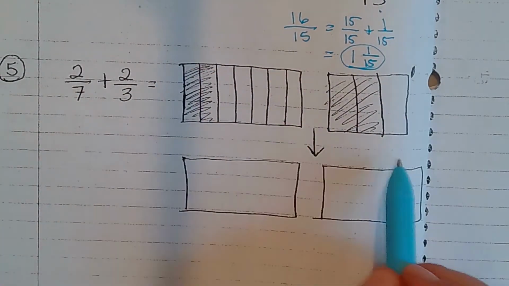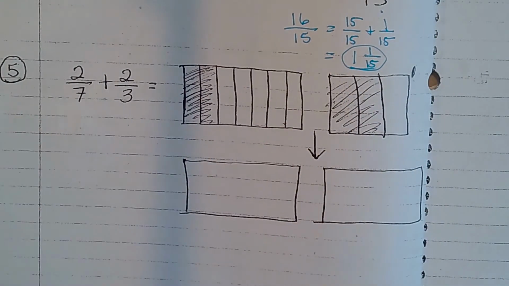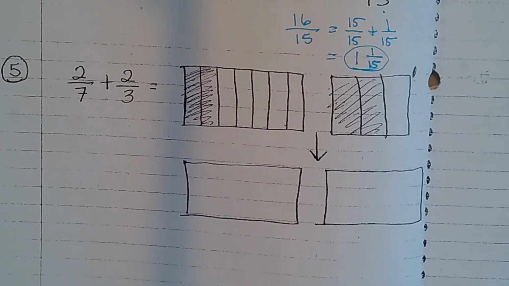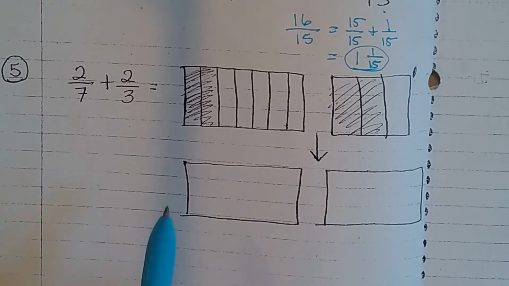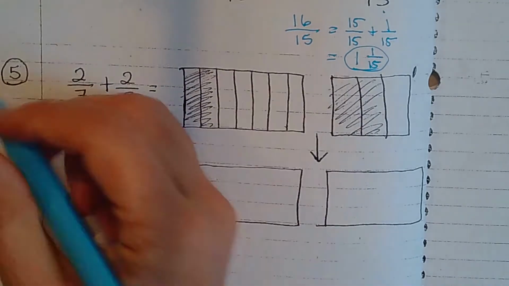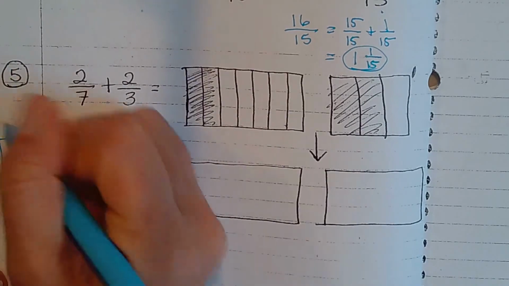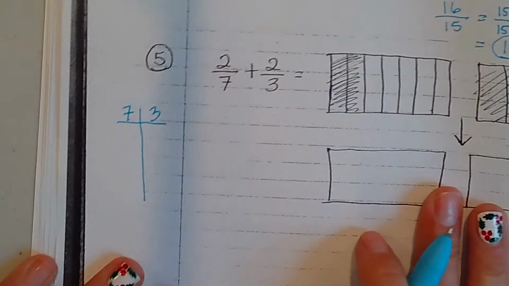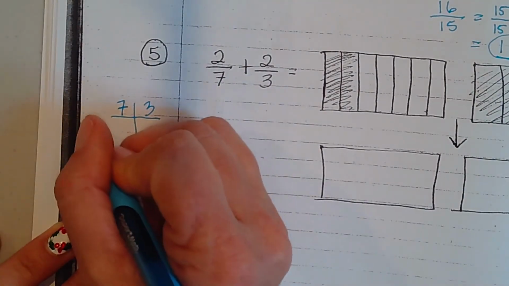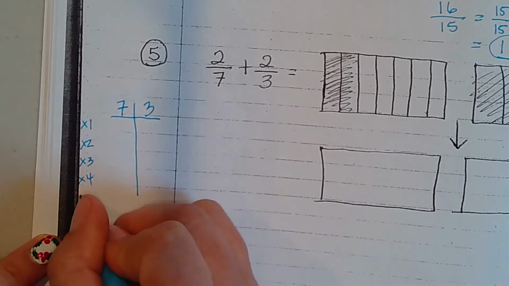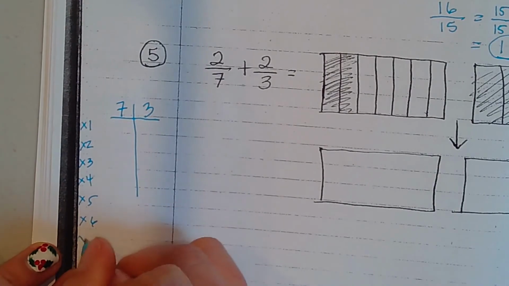Here's your 2/7. Here is your 2/3. What common factor do they share, or product do they share? I wonder if you think 7 times 1, 7 times 2, 7 times 3, 7 times 4. And remember, I have showed you before how to scoreboard. So if you put 7 over here and 3 over here, here are our 2 denominators, and you went times 1, times 2, times 3, times 4, times 5, times 6, times 7,